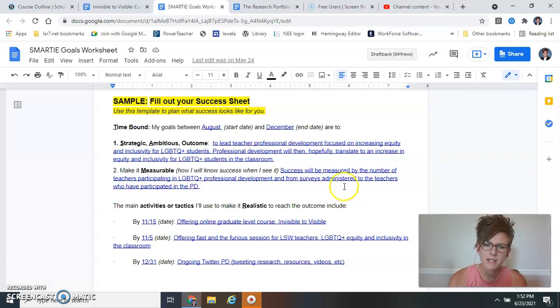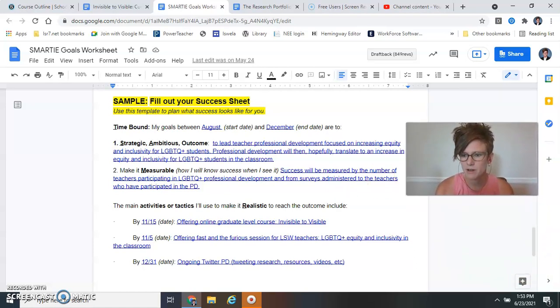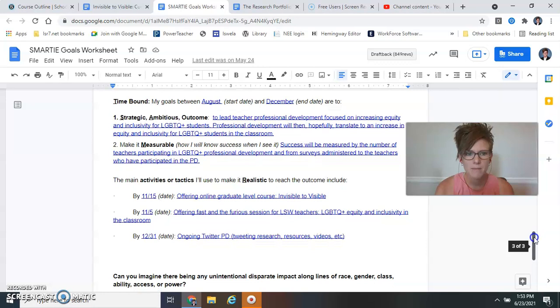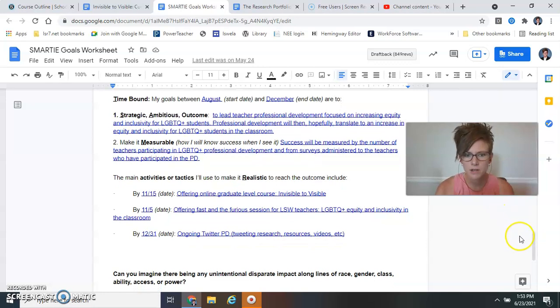Right? And so then I had to come down, I'm like, well, how am I going to know the impact? How am I going to know success when I see it? Though I can't necessarily measure impact amongst students, I had to figure out a way that I could measure impact. And so for me, I put the success will be measured by the number of teachers participating in my professional development, and then from the surveys that they completed at the end of the PD. All right, I'll move myself out of the way so I can scroll down. And then as you come down here,